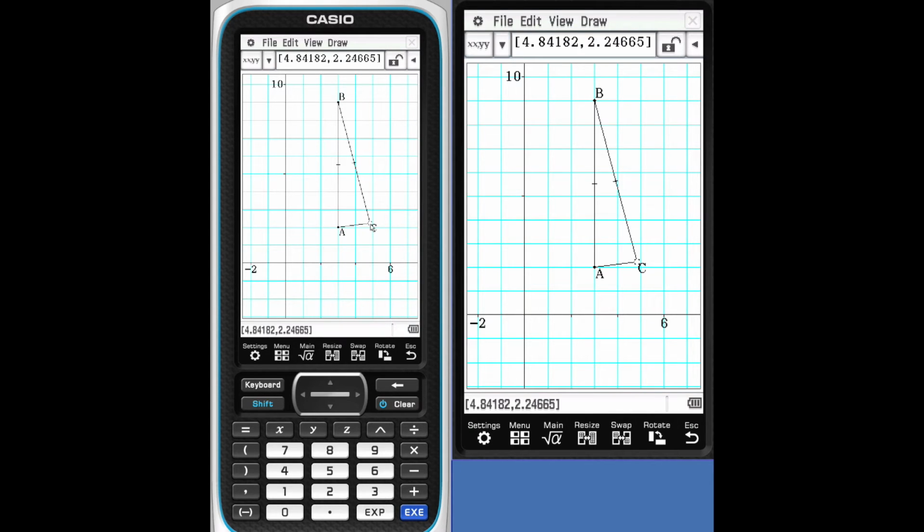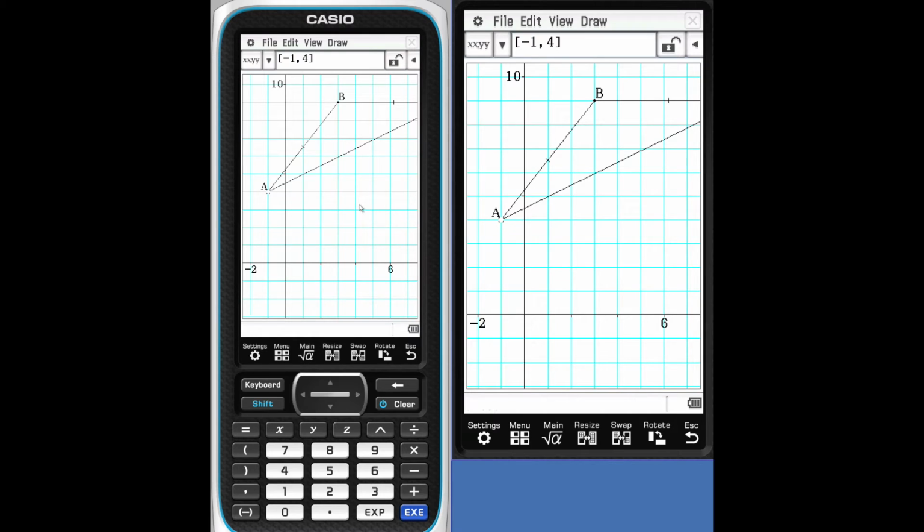Let's try moving it by moving C. So we'll move C way up. Again, B stayed at 3,9. Again, let's try moving A this time. We'll try moving that over here. B stays where it's at. Let's try moving B. B is locked. Nothing I can do. Let's bring A closer to C again so we can see the entire triangle.